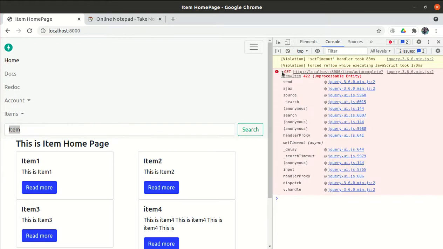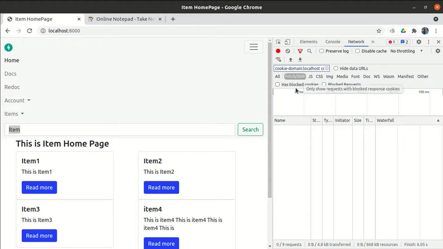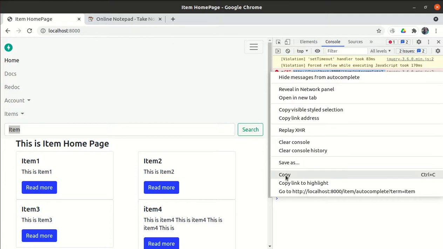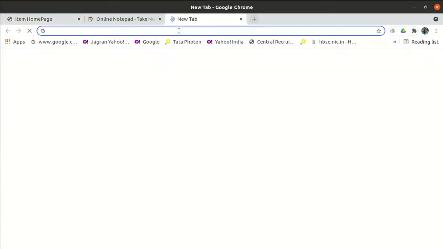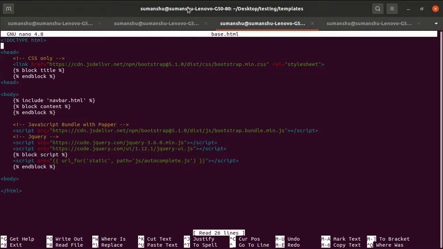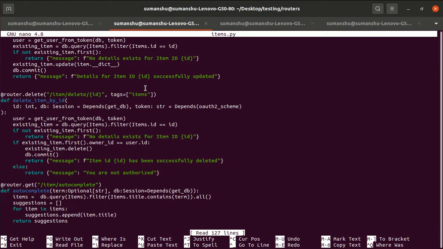And if I try to execute it, let me take a minute. So it is giving me the error, and the reason for this error, let me copy it and execute it. For term, it is saying the value is not a valid integer, though we are not passing an integer. Why is this wrong? Because if you remember, I told you